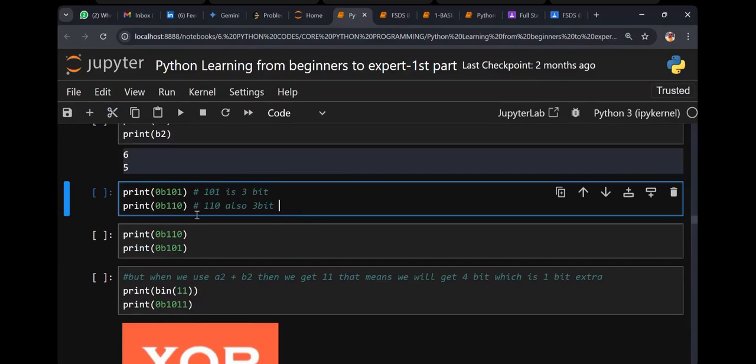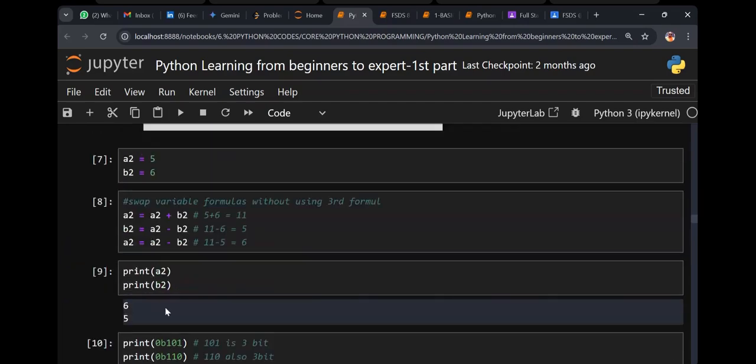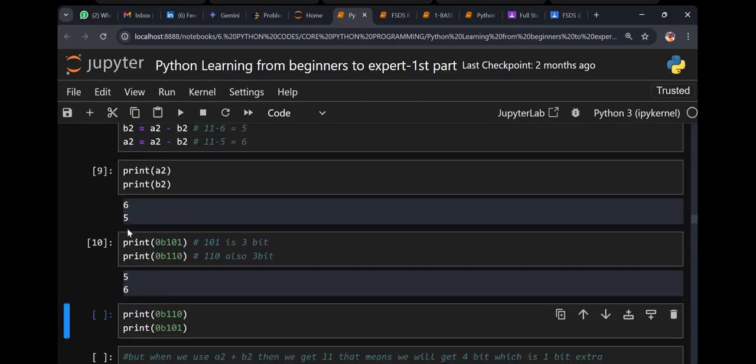Next one. Just now I was talking about binary number systems, or not? We can also do that, guys. How do you do that? You can work with me. Just write 0b101 directly, or not? 0b101, execute 5 and 6. 6 becomes 5 and 5 becomes 6. This is an easy way, or not?